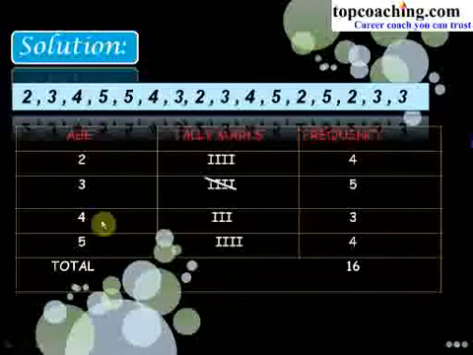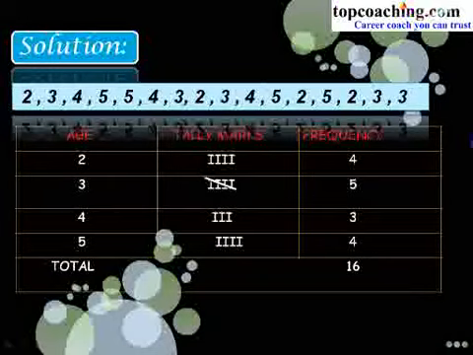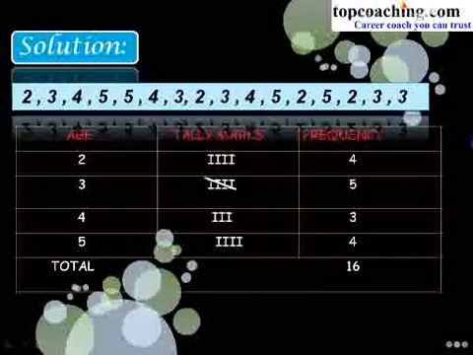That is the first column of age, second of tally marks, and third is frequency. Now students, listen carefully to what we have to do. Take each item from the data. Here we see there are total numbers, that is 2, 3, 4 and 5. But it depends how many times each occurred in this series. For example, 2 occurred first, second, third and fourth. So there are a total of 4 times 2 occurred in this series. So what we will do, we just put 4 in the column of frequency.